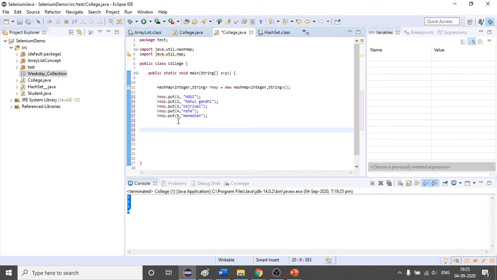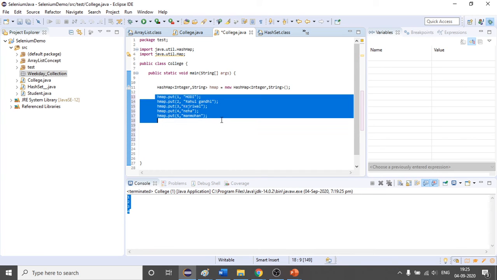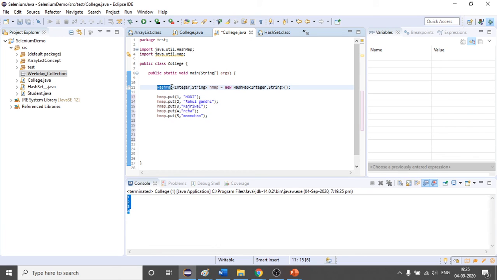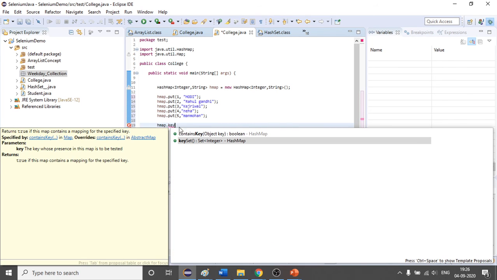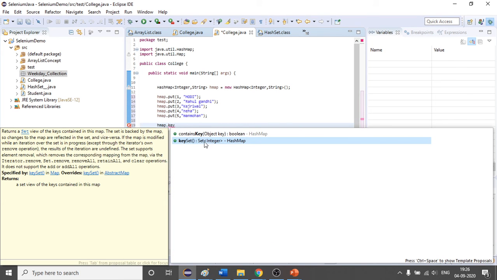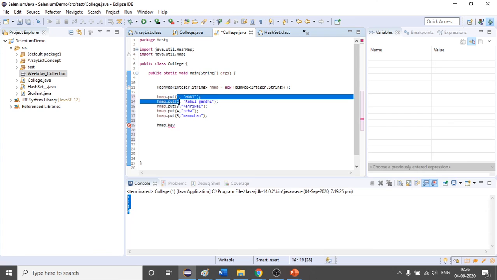First of all, as you know, if you have to iterate over a hash map, we have to first use a method keySet. I hope you all know it. This is the method, and it will return all the keys in the form of a set.